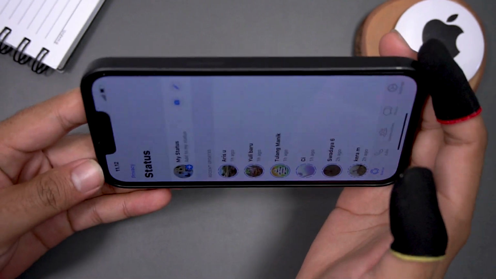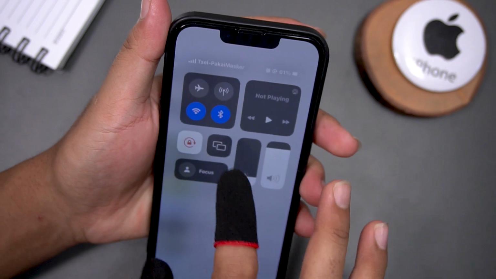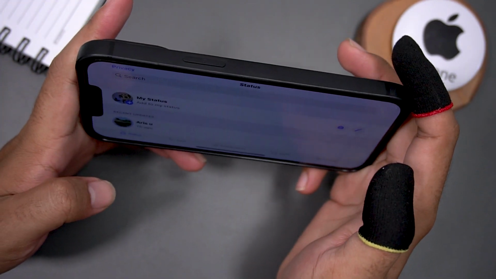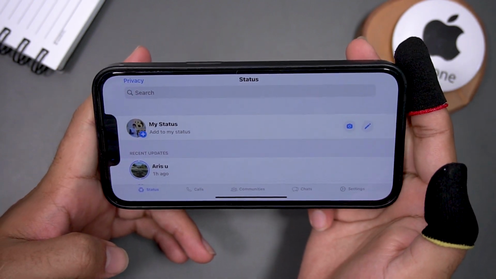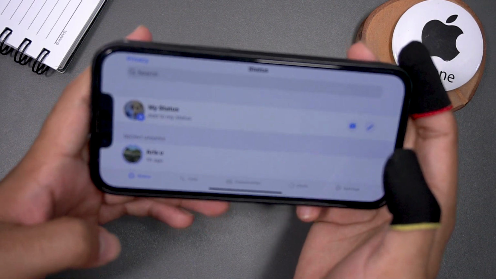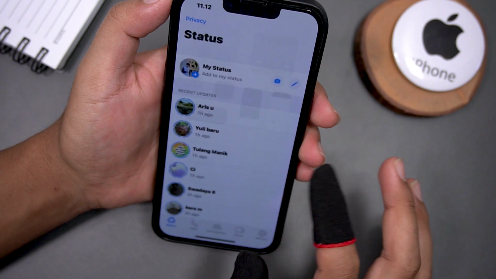When it's on, it still remains portrait. But when I turn it off and then open the app again and rotate my phone, it will adjust. The screen will be rotated automatically. So you can turn orientation lock on or off here.